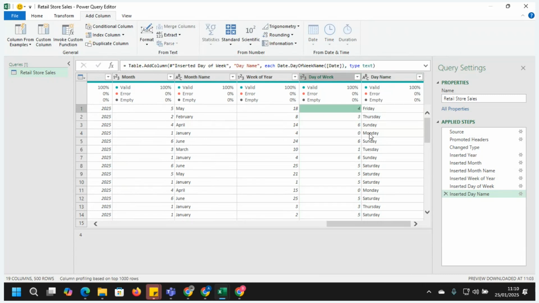Sunday is 6. Monday is day 0. Can you tell me which day will be weekend? Is it 6 and 7 or 5 and 6? We want to know the day number that will fall to weekend.